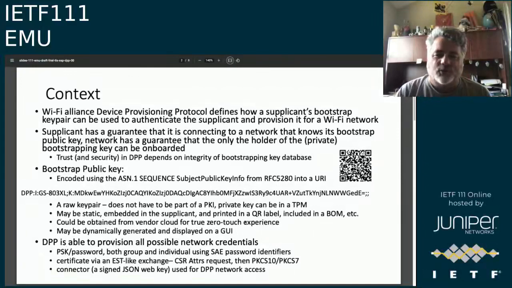And if the device has a GUI, it could display its key in the form of, let's say, a QR code on the GUI, or the infrastructure could download this URI from the cloud if you want to do a kind of true zero-touch experience. But once the infrastructure has gotten this key and authenticated the device, it can be given a credential that will allow it to get on any